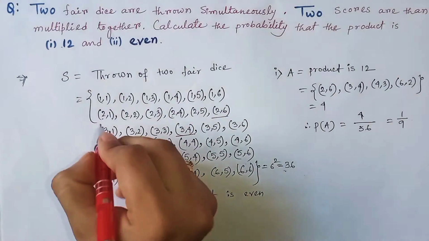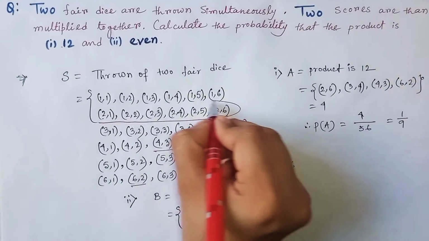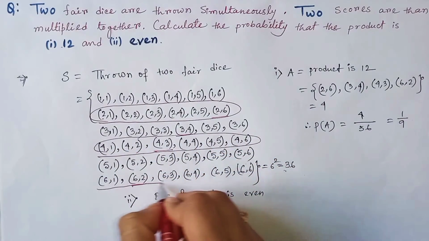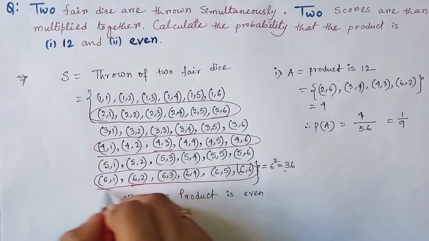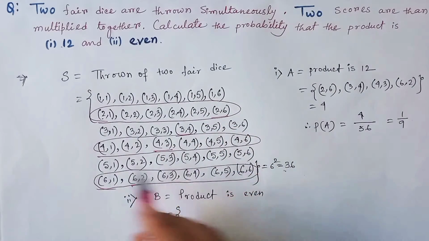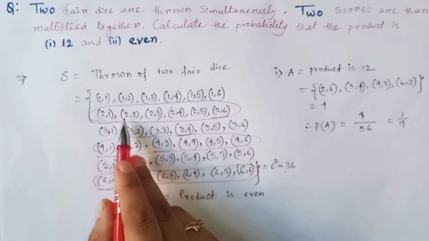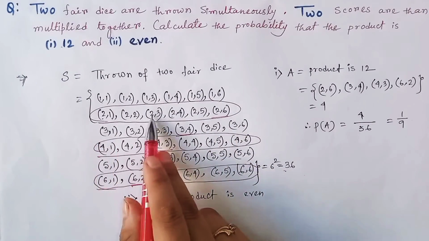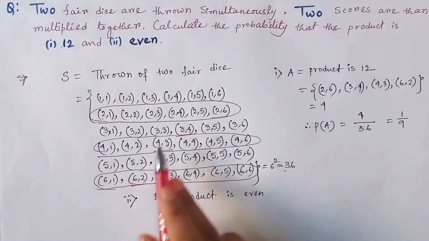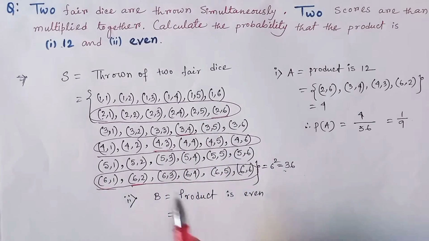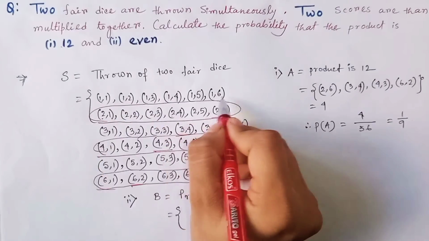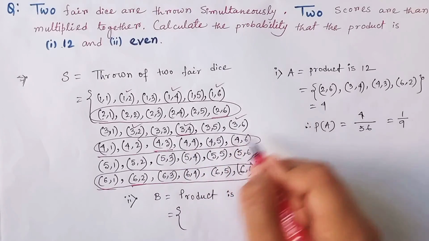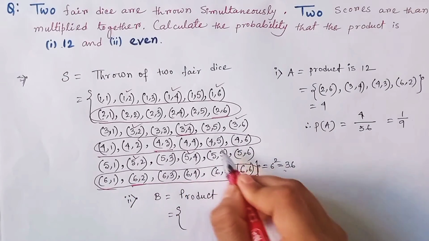So here the possible outcomes are in the second row, the fourth row and the sixth row. These are all even numbers. The products are even because one term is even, it's 2, 2, 2, 2, and here 4 and here 6. So their products are even. And in the first row, this one and this third, here 1 2 3, and the fifth row 1 2 3.